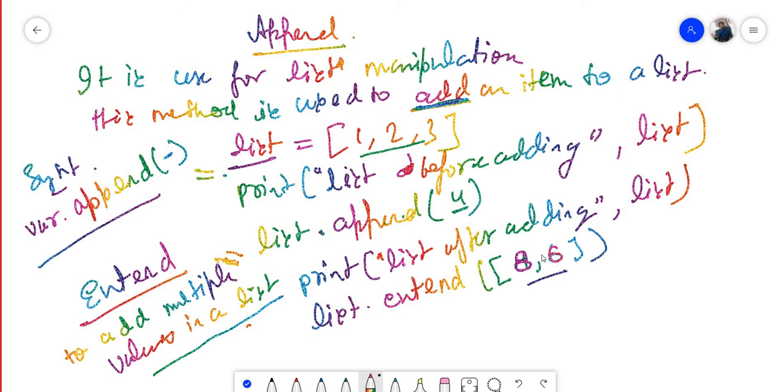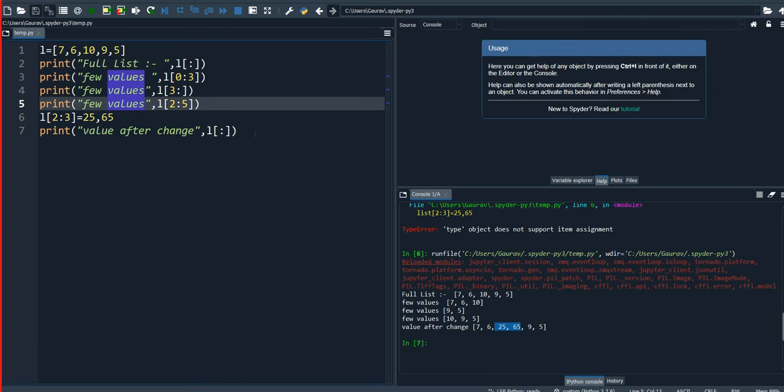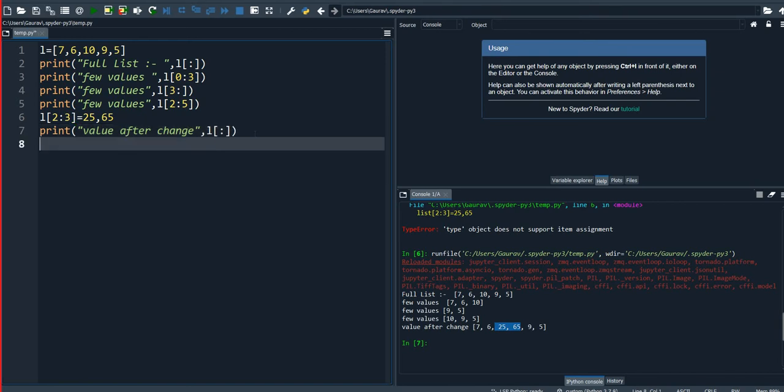Is this clear or not? Now see in the program. Here I am going to add L dot append within the bracket 90.